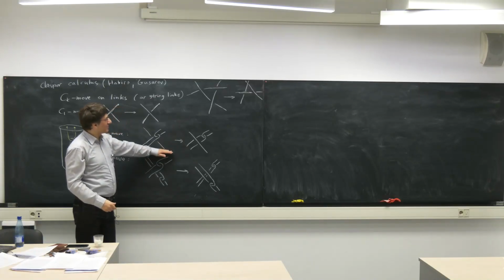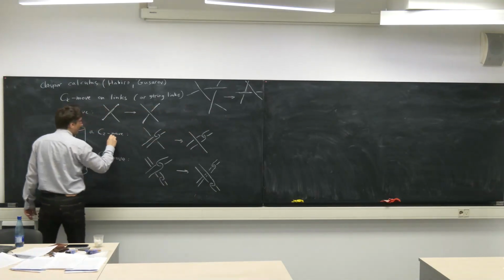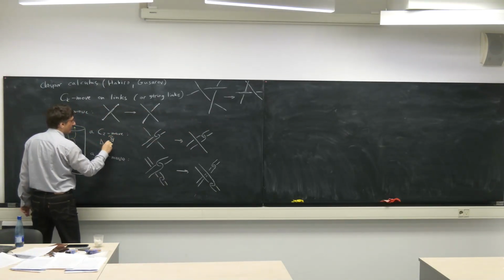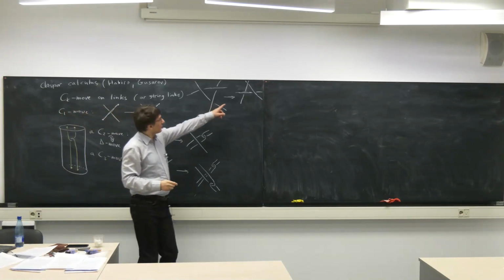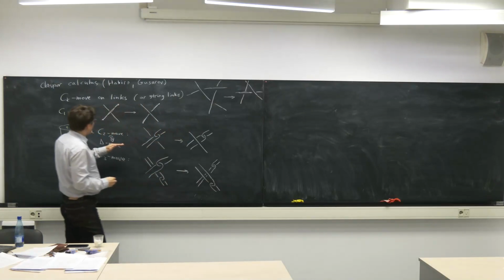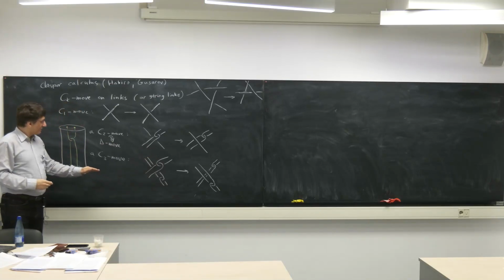This is the same as the C2 move. So if you continue this, it continues similarly. And this picture is symmetric. So actually this tells you that essentially there is just one C2 move. And for C3 move,